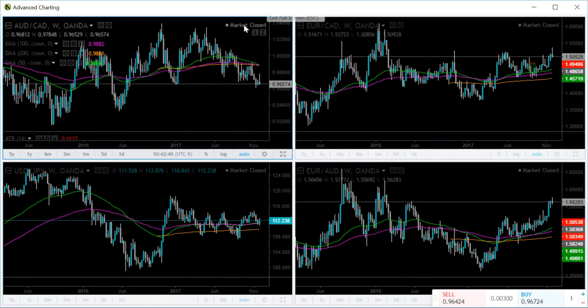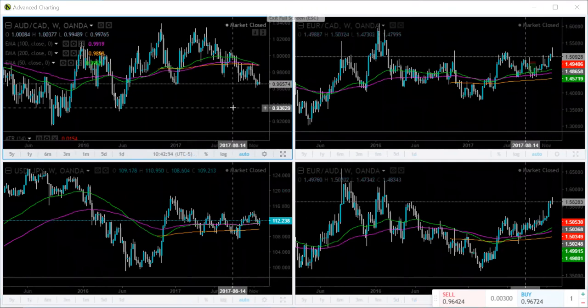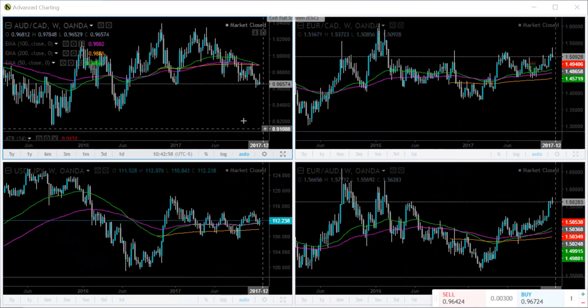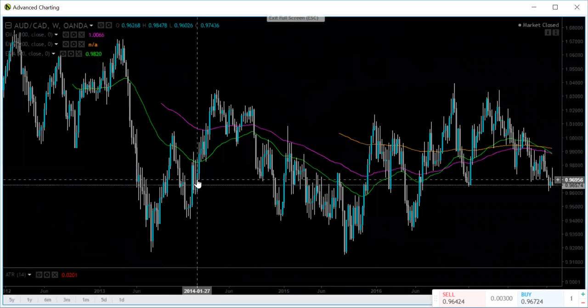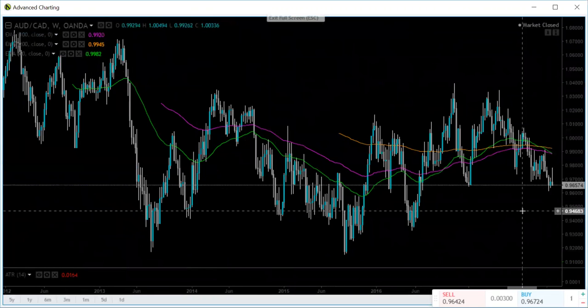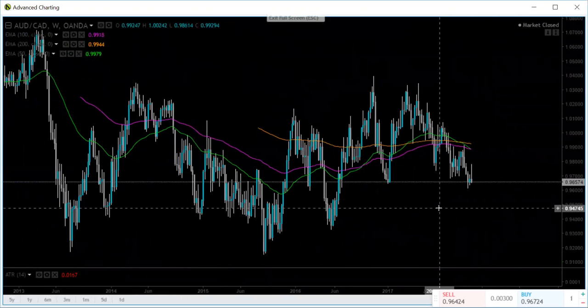This is going to be the strategy session for Engaged Prosperity Investment Club for the week of December the 3rd. There's a couple of different pairs that we're going to be watching over the week for some movement. The first pair that we're going to go to is the Australian dollar, Canadian dollar, the Aussie CAD.